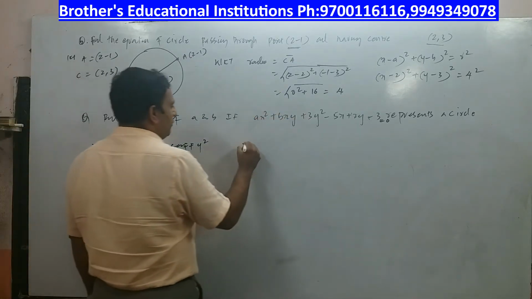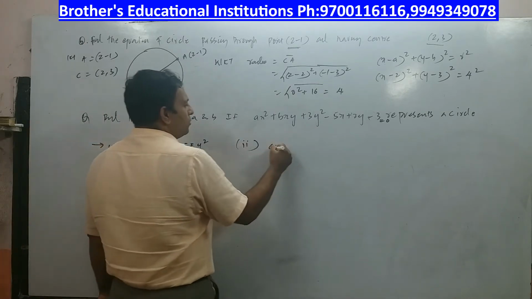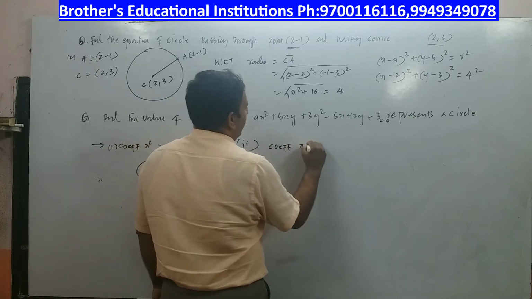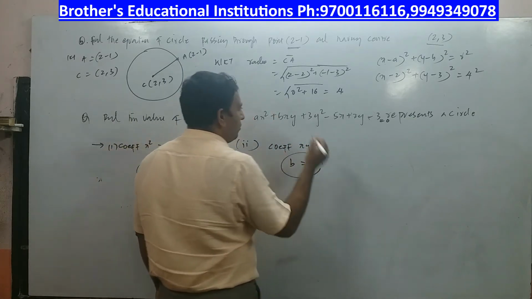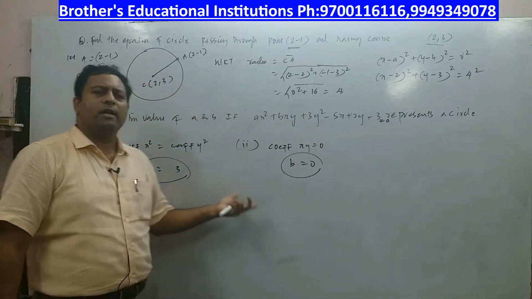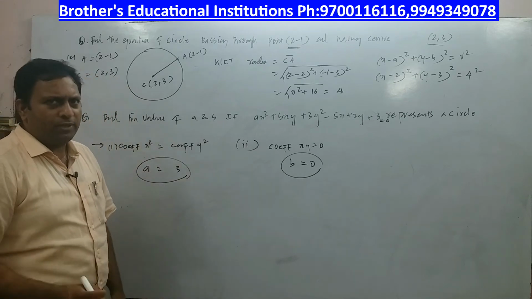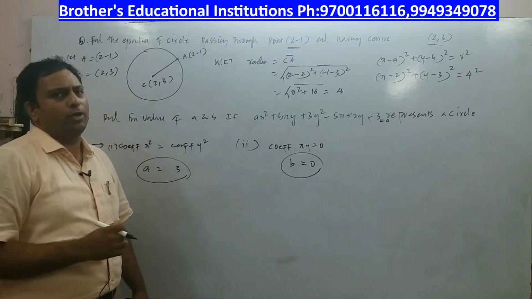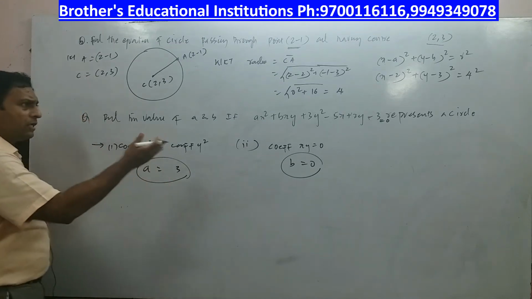The second condition we have, right? I hope you have gone through the concept. Coefficient of xy is equal to 0. What is the coefficient of xy here? b. b is equal to 0. What is the question asked? Find the value of a and b. So if you can remember the condition, these are simple problems. So I want you to pause the video, copy the question and try to do the problem on your own. Okay? Meanwhile, we'll go for the next video. Copied?